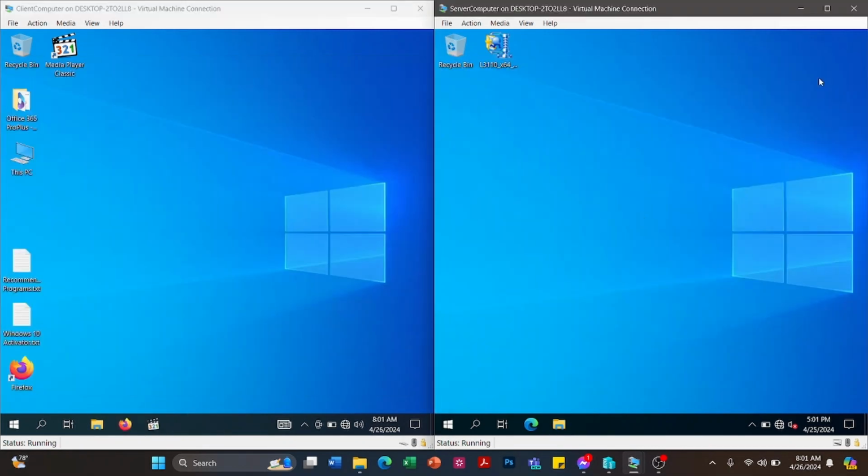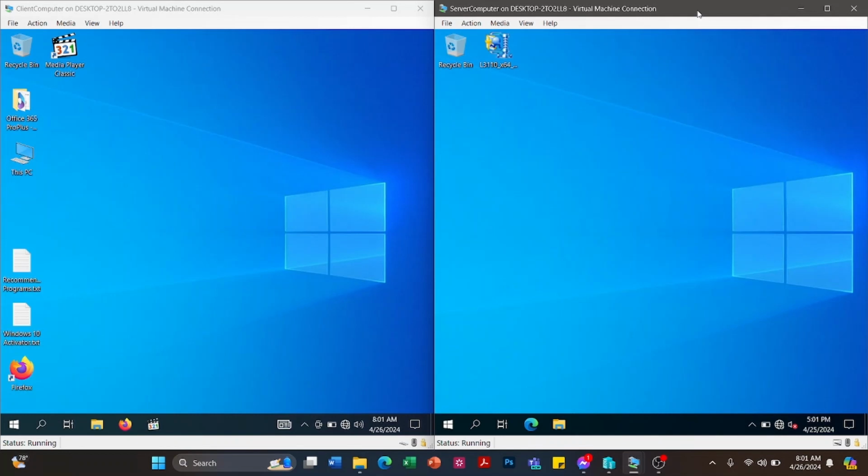Okay, so in client server, meaning within a network, we have a client computer and a server computer. On the server computer, you can control the client computer through the server policy, the group policy of the server computer network. Meaning the server computer can also shut down or manipulate the client computers that are connected to